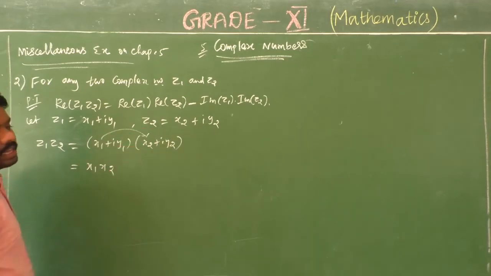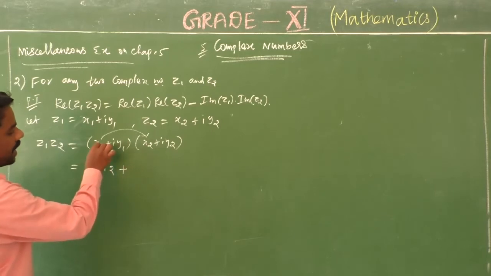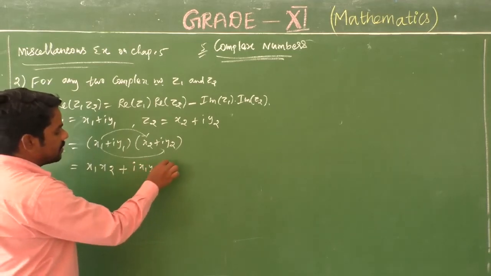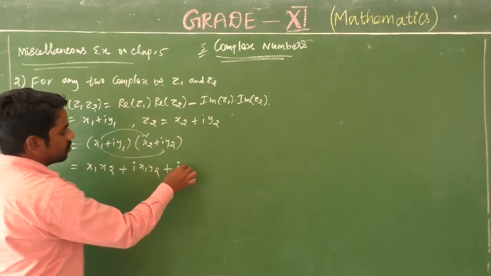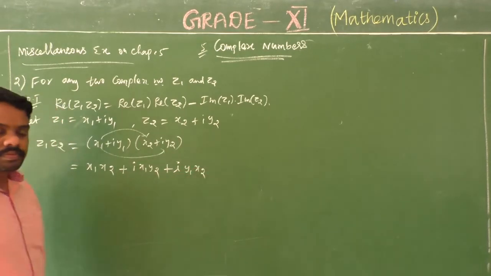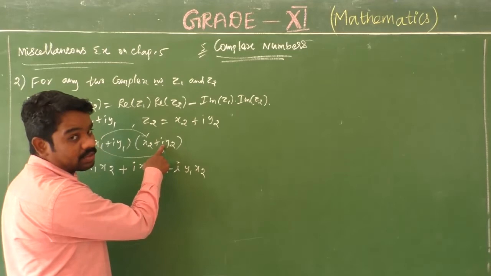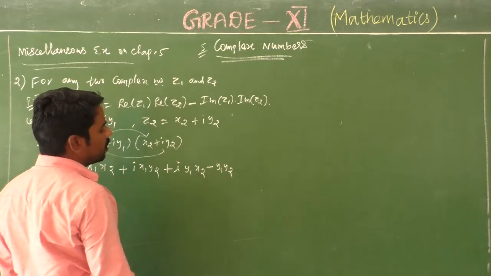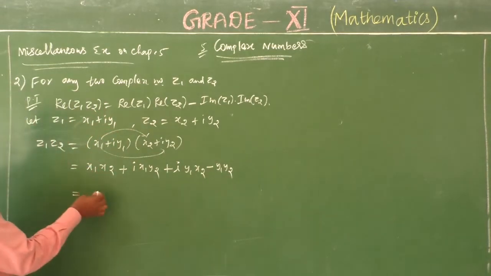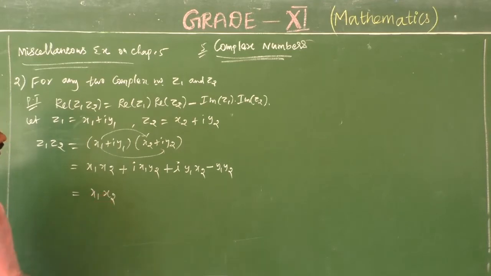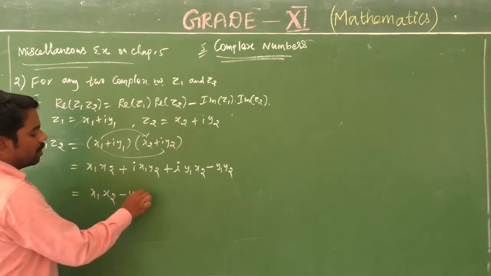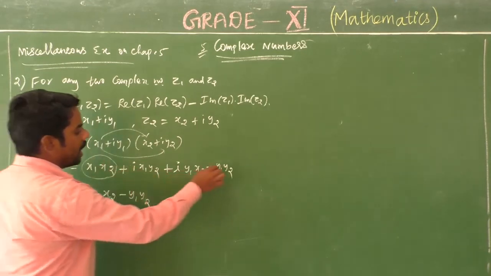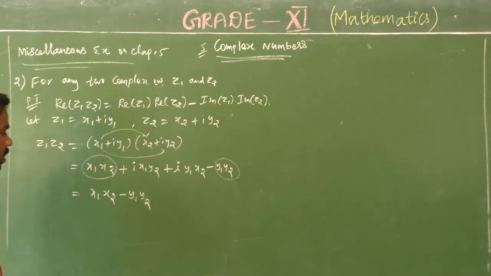First, x1 into x2 plus x1 into iy2, so i x1 y2, plus iy1 x2, plus i squared y1 y2. i squared is minus 1, so minus y1 y2. Okay? Right. x1 x2 minus y1 y2 is the real part of this complex number. Here x1 x2 and minus y1 y2. Right? Plus